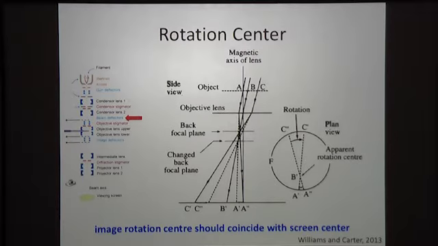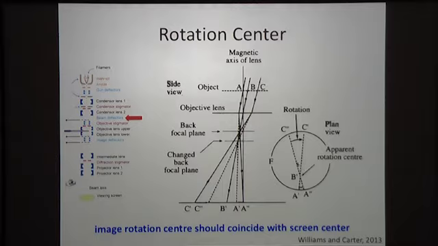So actually what will happen is you don't just get a movement of these points, but you get a rotation here and here. And the rotation center will be where the beam passes without being altered. So when you do the rotation center alignment, you try and shift this point B into the center of your screen,